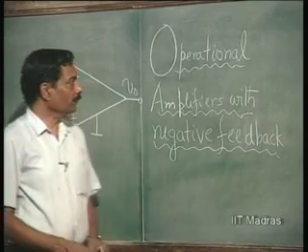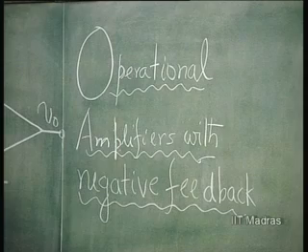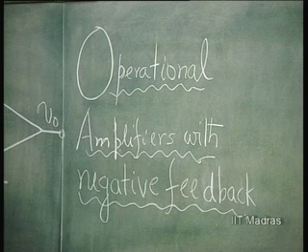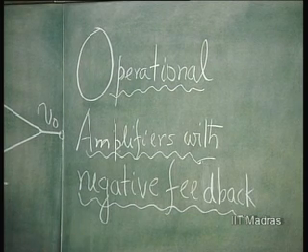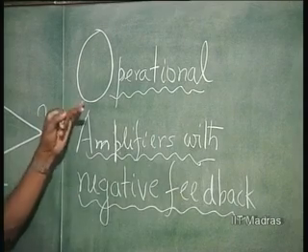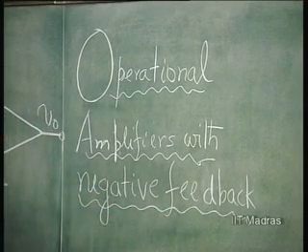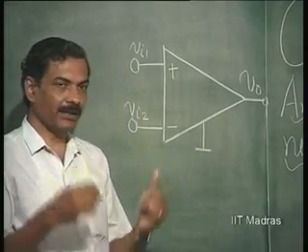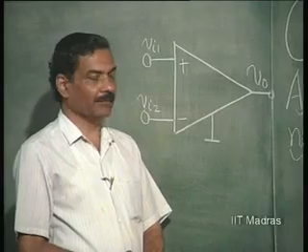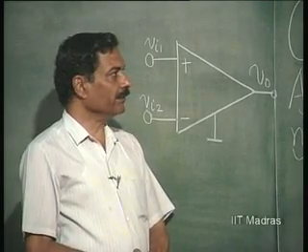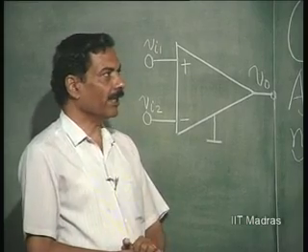Now, we will come to an important topic, operational amplifiers, which are amplifiers which have been designed in such a manner that they are primarily used in negative feedback configuration. Right. So, operational amplifiers with negative feedback. This is the topic that we are going to discuss. We had seen in our previous lectures how we can build operational amplifiers, or the 4 types. And out of this, for the present discussion, we will consider operational voltage amplifier,